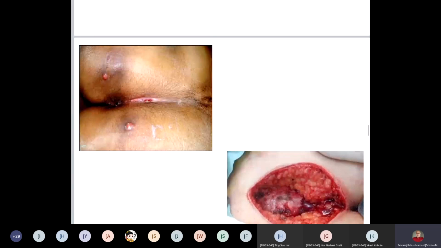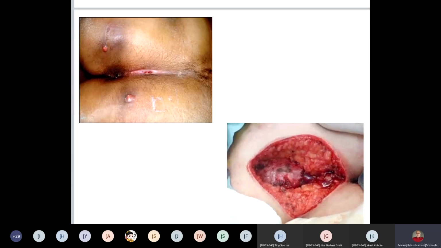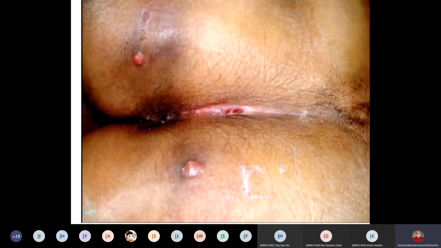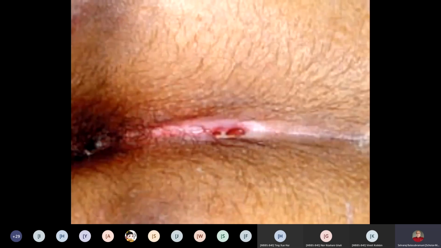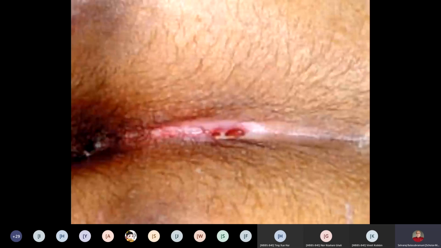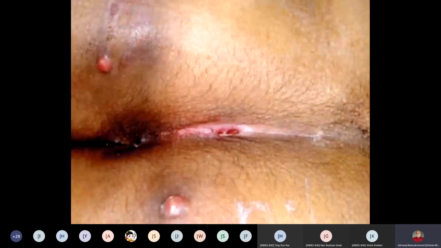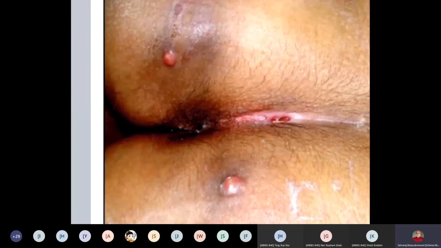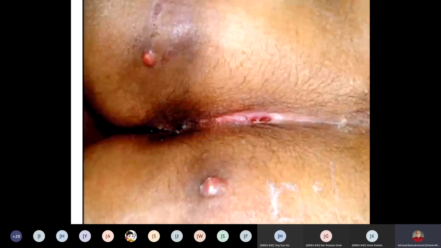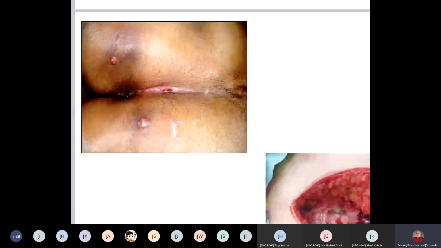Okay, good. So here you are seeing another type of sinus. Here, what you are seeing is the central one in the natal cleft, over the sacrum at the back. Exactly in the natal cleft, you are seeing this central one. This is a primary sinus or opening, a congenital one. And then they are developing sinuses over the lateral aspect. Here, you are seeing 2 more sinuses. So what is this sinus called? What is the diagnosis?